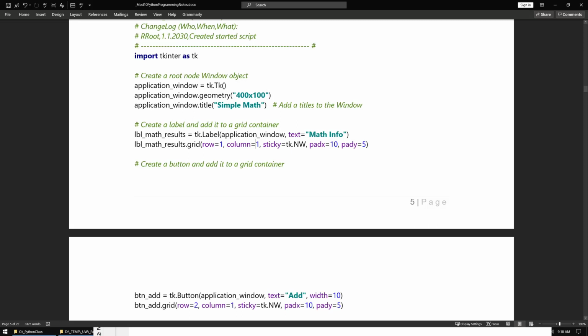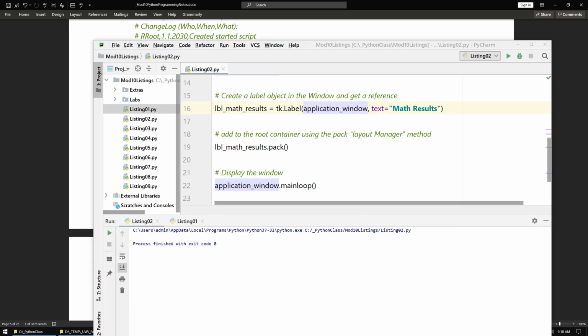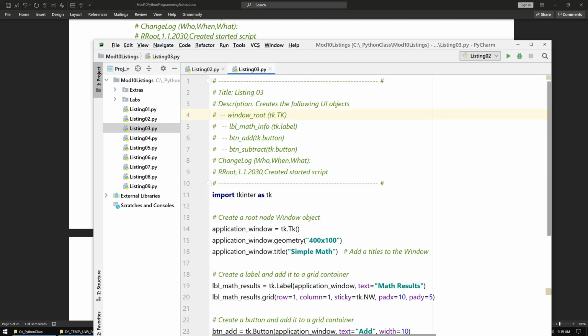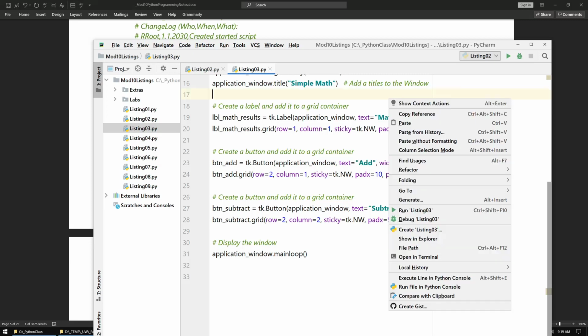I can specify, like here, northwest. I want it on the northwest side. I can specify things like padding. Padding allows me to move things around by little increments. Let me show you what I mean. So if I run this now,